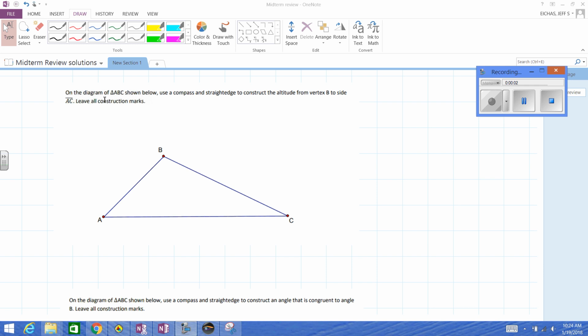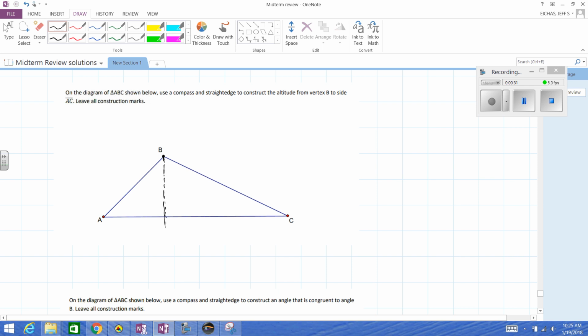All right, so for the next one, construction, we want an altitude from vertex B to side AC. So the key for this one is understanding that we need to find a segment or a line that goes from B. What we have to do is move perpendicular from B through AC. Then from here to here, we'll call it D. That's going to get us our altitude, but when it says construct, that kind of implies we have to use